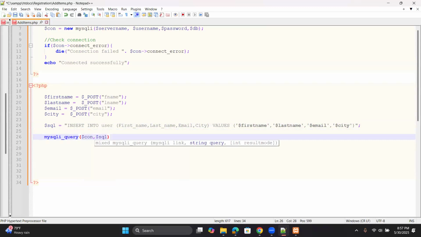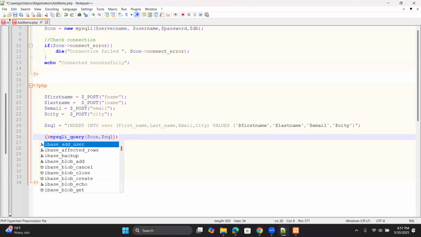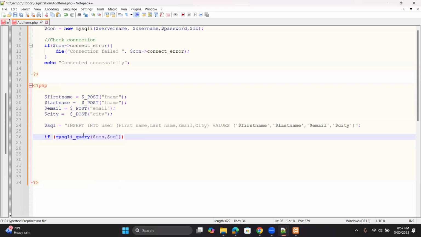At the same time, we are using this to check whether it is successful or not. So we can put this query inside an if statement, right? Once you execute this one, it will return you a Boolean value. So when you put it in an if statement, if it is successful,